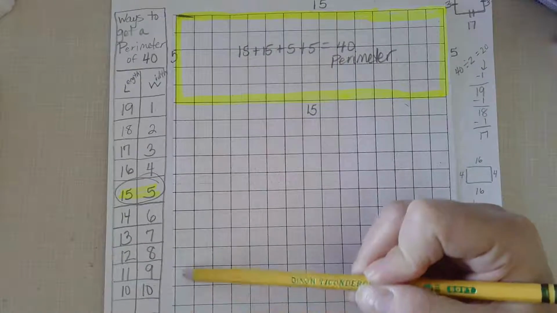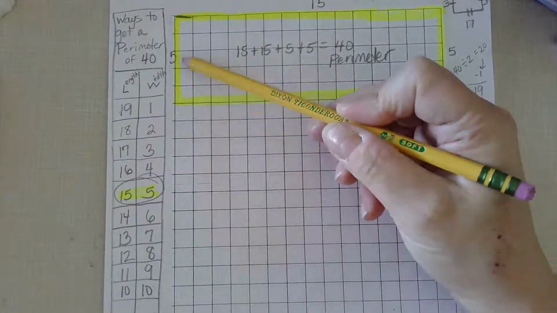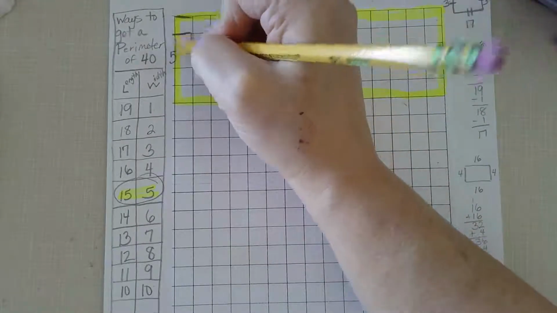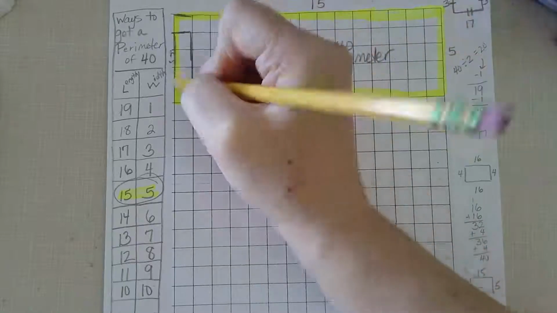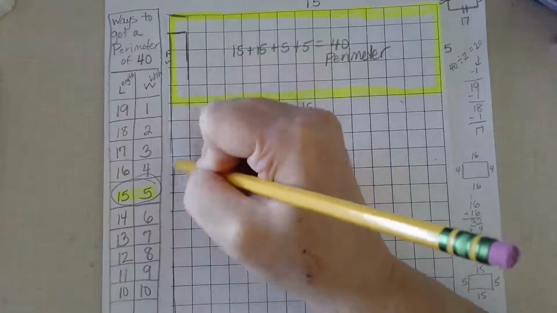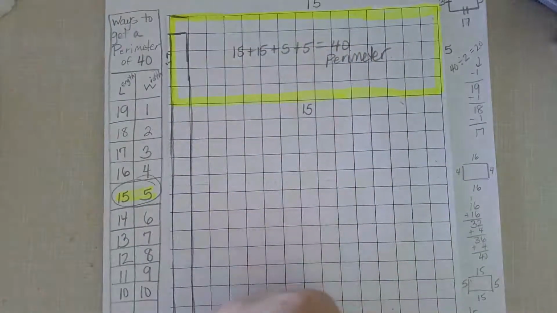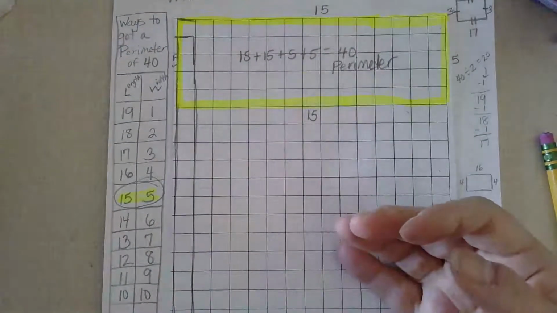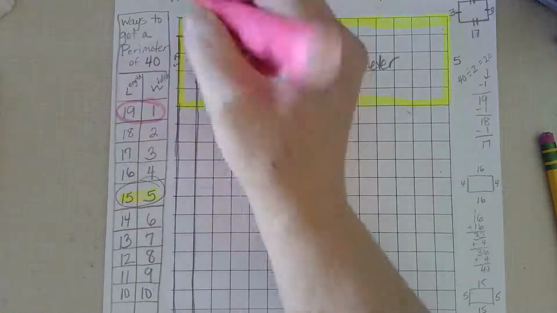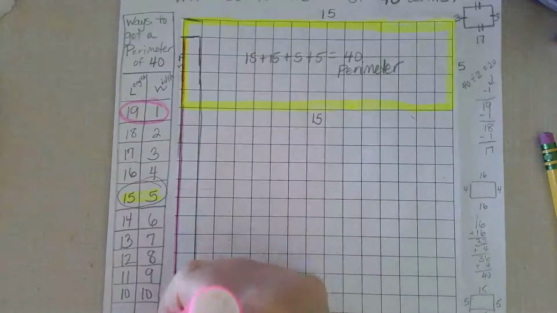1, 2, 3, 4, 5, 6, 7, 8, 9, 10, 11, 12, 13, 14, 15, 16, 17, 18, 19. So in this case, they're going to overlap. If I choose 19 and 1, like this, they're going to overlap. But it's still going to give me a perimeter. And remember, the perimeter is the outside of the figure. Okay? It's still going to give me a perimeter of 19 and 1. If I did that. And I can highlight that so you can see how that would be